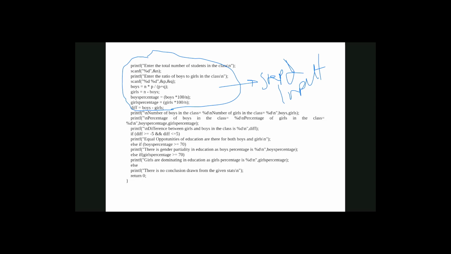We are providing this n, the total number of students, this p and q, which is the boys and girls, and based on these inputs, these things will be calculated. The boys, the girls, boys percentage, girls percentage, difference, these all will be calculated. And this is what we want to print. This is our third part, step 3. Step 3 is output. Step 1 is memories creation, step 2 is input, and step 3 is output.